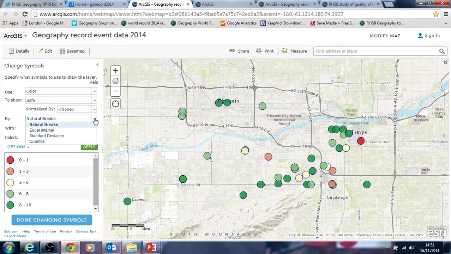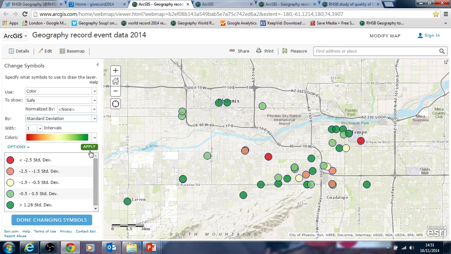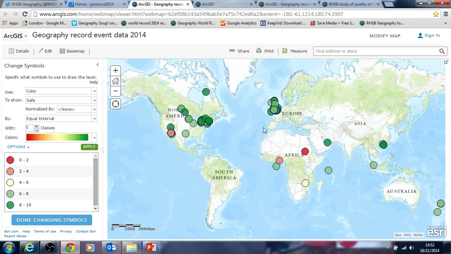You can, if you want to stretch it further, get students to think a little bit about the interval classes that are being picked and how that affects how the data looks. You can see I've changed the intervals to equal intervals rather than natural breaks there, and standard deviations and other options to pick as well, which will affect the data. And how you pick it, and obviously the different classes I mentioned before, can also be used, and again that will change the way the colours look and how the patterns come out. But that's all part of the interesting way you can discuss with students data and presentation techniques,